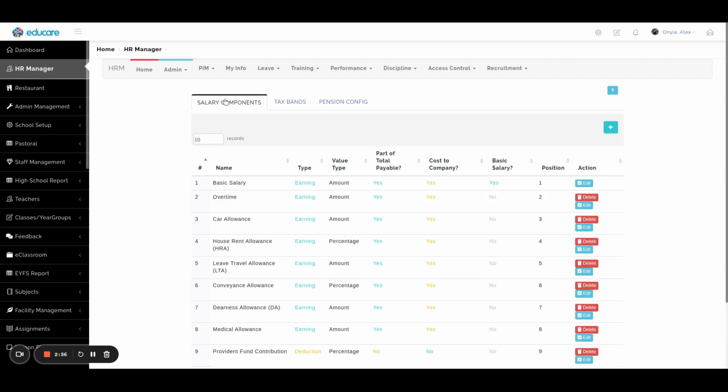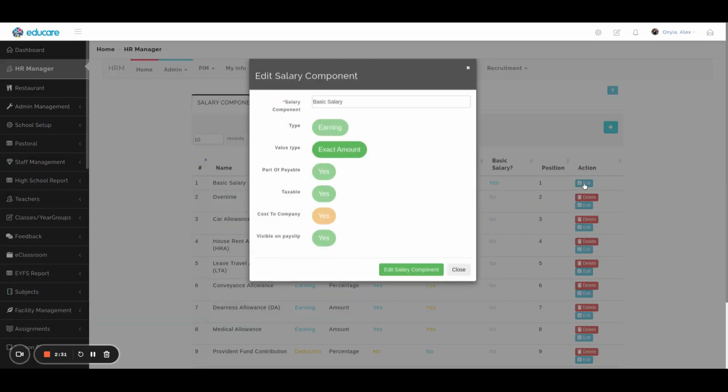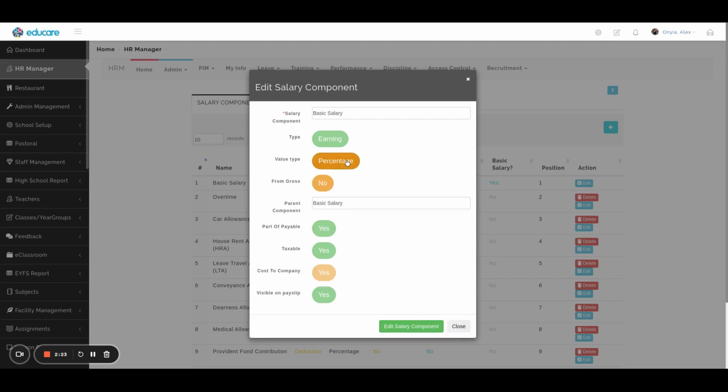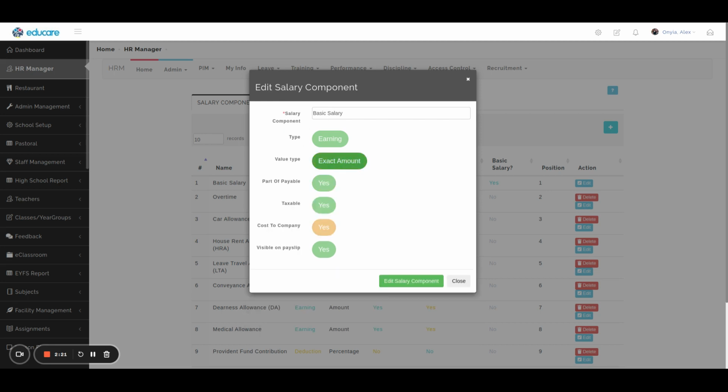Now, for salary components, the major change here is that basic salary has some buttons enabled. For instance, what kind of value type does it take? Is your basic salary now? Previously, lots of things were dependent on basic salary, but now they can easily depend on gross salary or any other one for that matter. So, because of that, value type for basic salary has been released from being